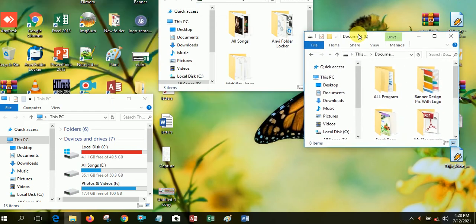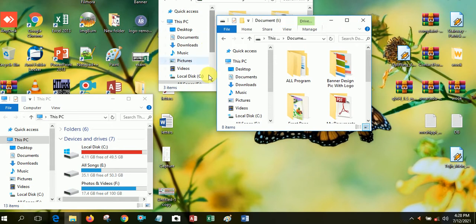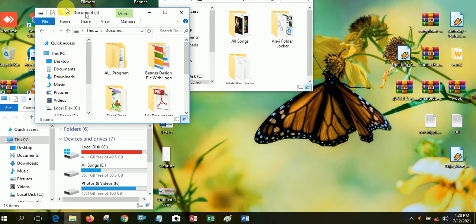When you open any documents or files in your computer system, it's called a window.